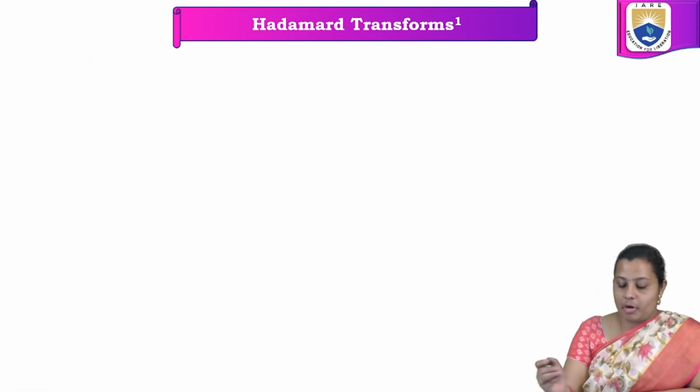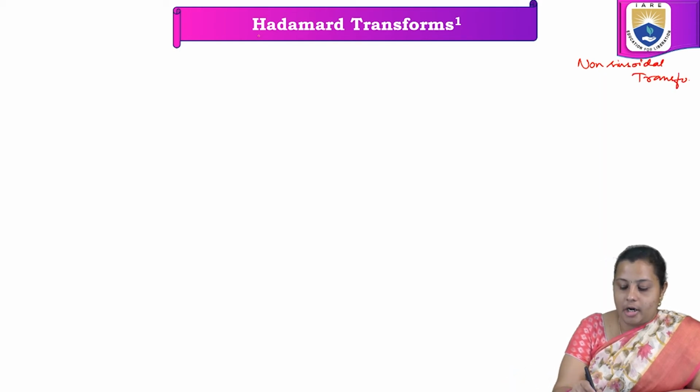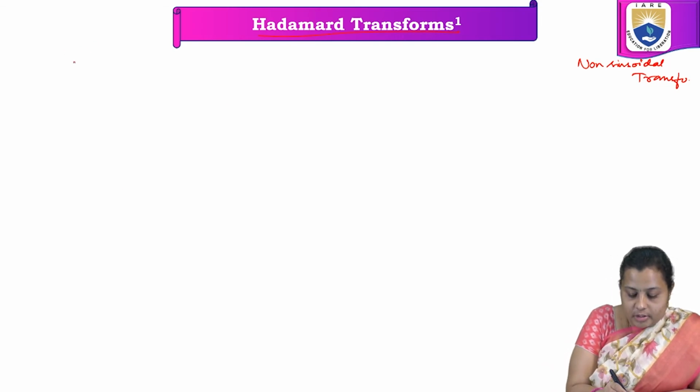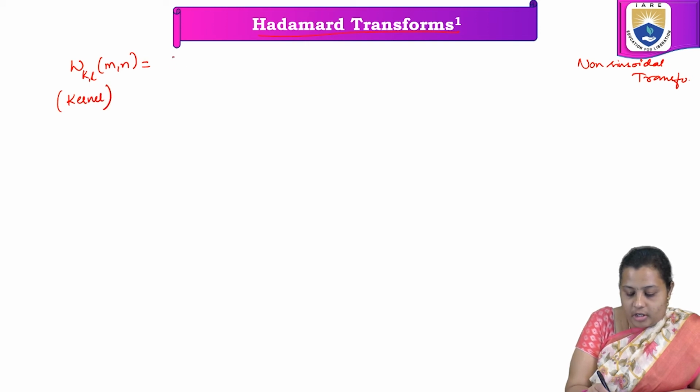Our next non-sinusoidal transform technique is the Hadamard transform. The kernel of the Walsh-Hadamard transform is very similar to the Walsh transform, differing by simply changing a single term. So I can write my coefficient matrix, or the kernel of my Hadamard transform, as 1 by n into